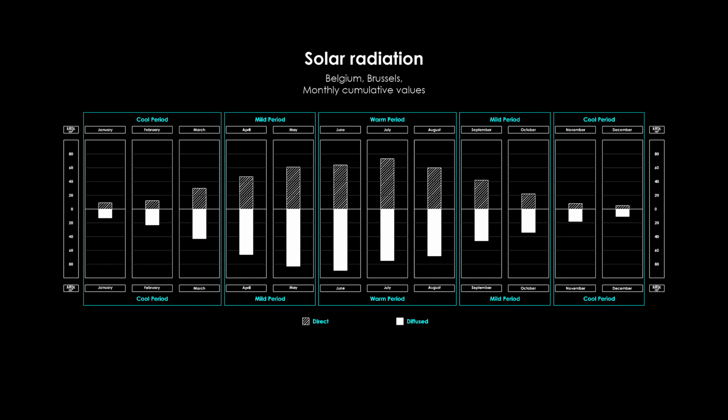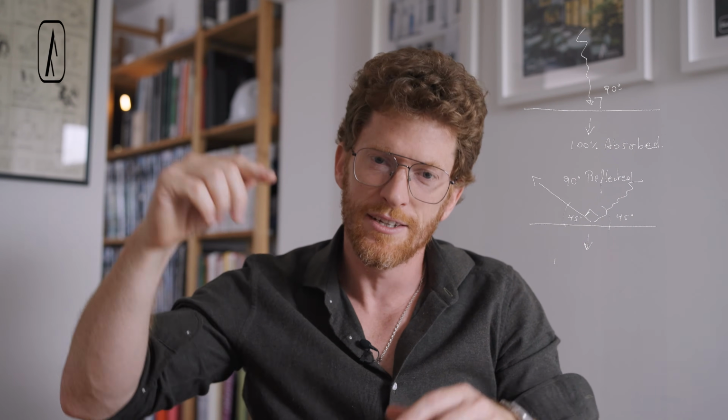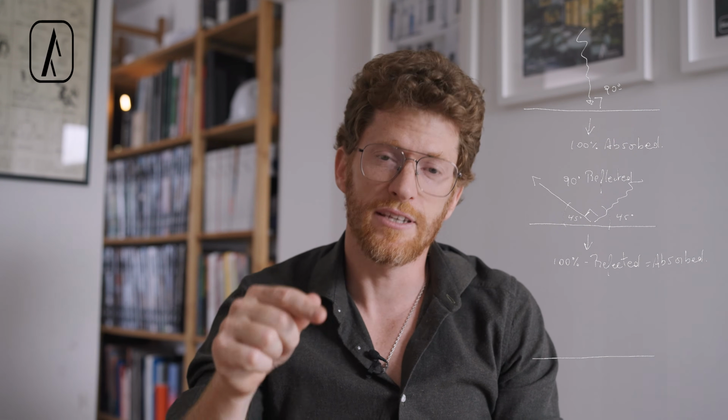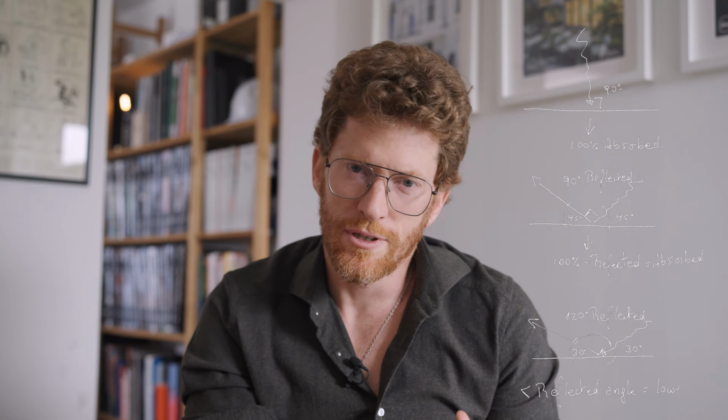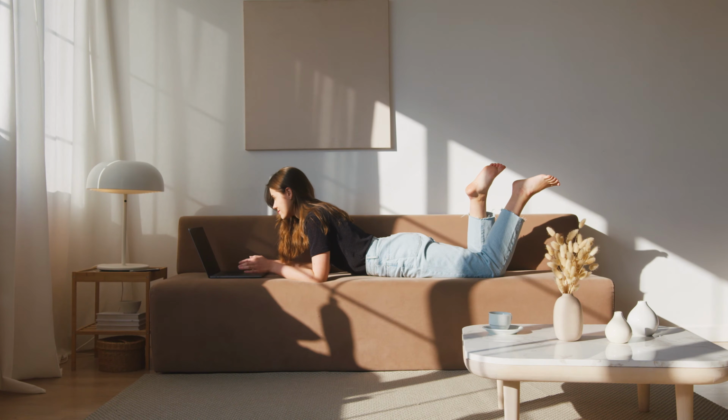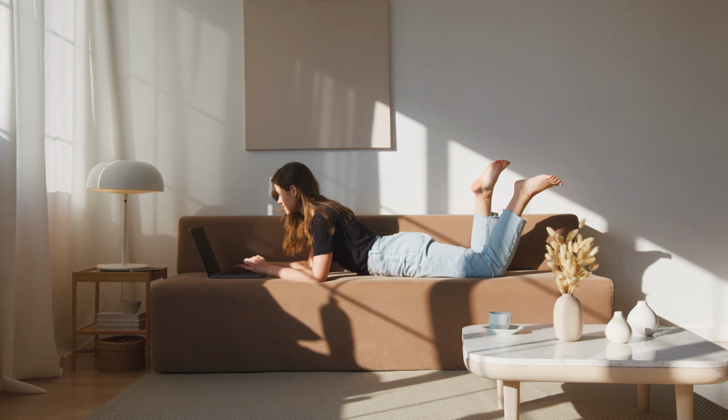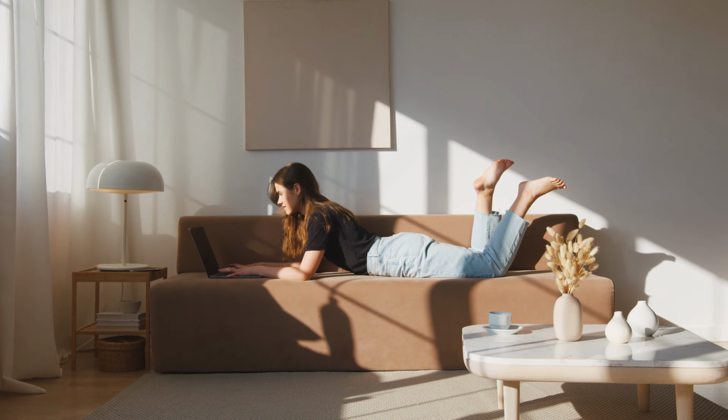When you look at this graph, it's important to understand 2 things which are related. One, solar radiation is higher the more perpendicular the source of the radiation is to a certain surface. Two, these values are taken on a horizontal surface. This is crucial to understand because although it's true that solar radiation is weaker in the cool period than during the warm period, the way this solar radiation is being measured makes us think that it's even more so than it actually is. Let me explain myself. I know it's a bit complicated.